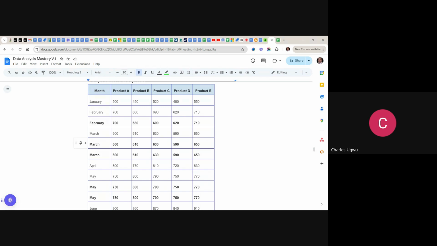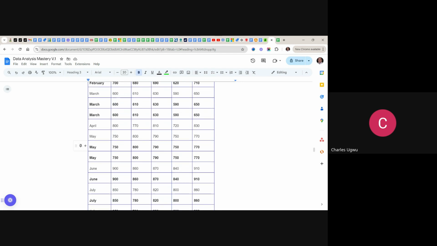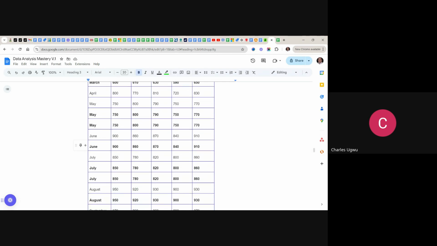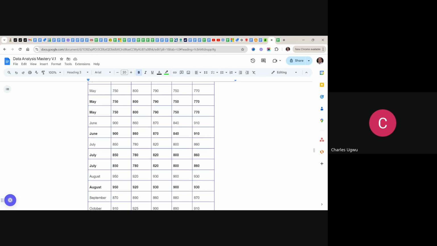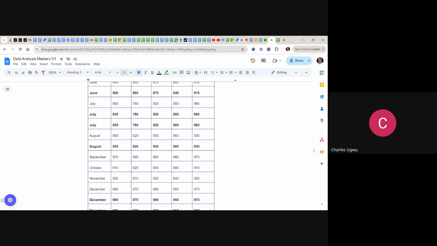We captured March twice. We see here February, March, we captured March 3 times here. And here February, we captured February twice. And even in May, we captured May 3 times. June, we captured June 2 times. July 2 times. August. So you see, these are duplicated data, and we can't use it because this is the